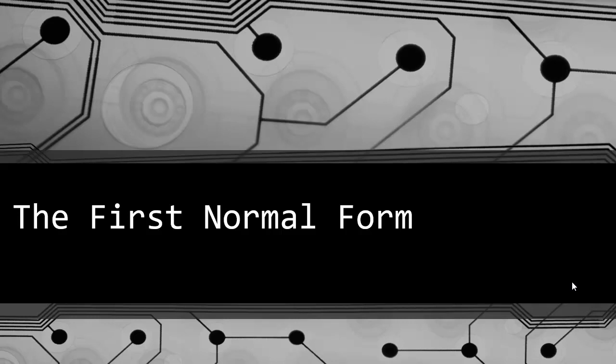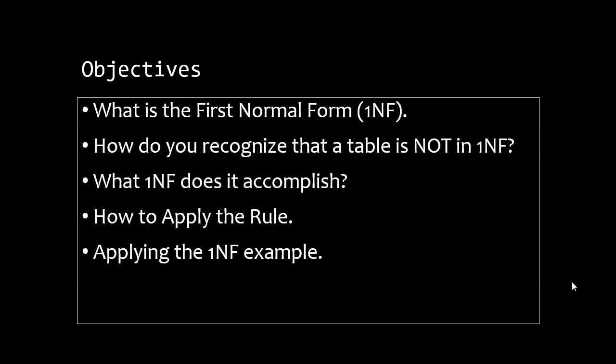And welcome to the first normal form. Now that we've introduced you to normalization, it's time to walk into the individual rules of normalization. These rules are called normal forms, basically, in the whole concept of normalization. There's first normal form, second normal form, and third normal form. This particular video will walk through what first normal form is, and in doing so, we'll talk about what it